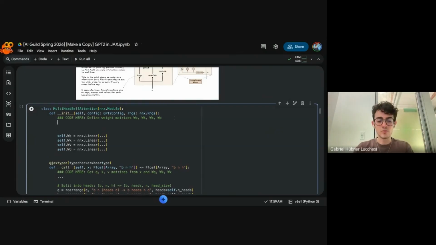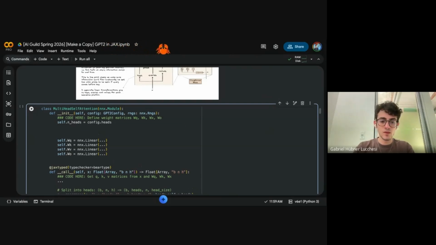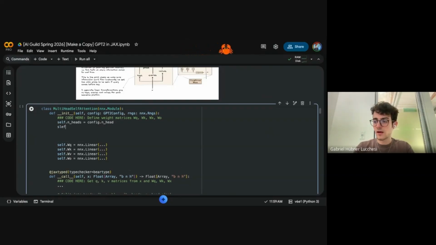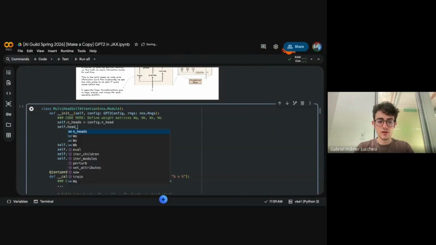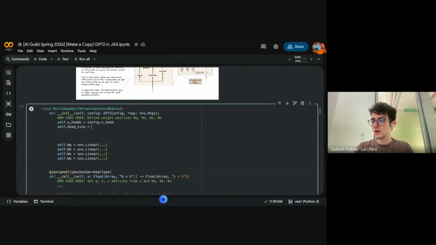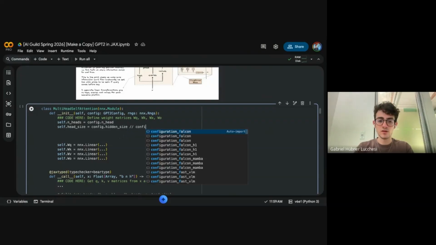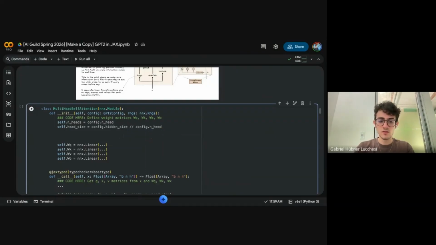For that, we have to find out how many heads we want. I said 64, but I have to actually compute that. So number of heads is the number of heads from the config. And then we have the head size, which is that thing that we have to compute, 64, right? Head size equals config.hidden_size divided by config.n_head.